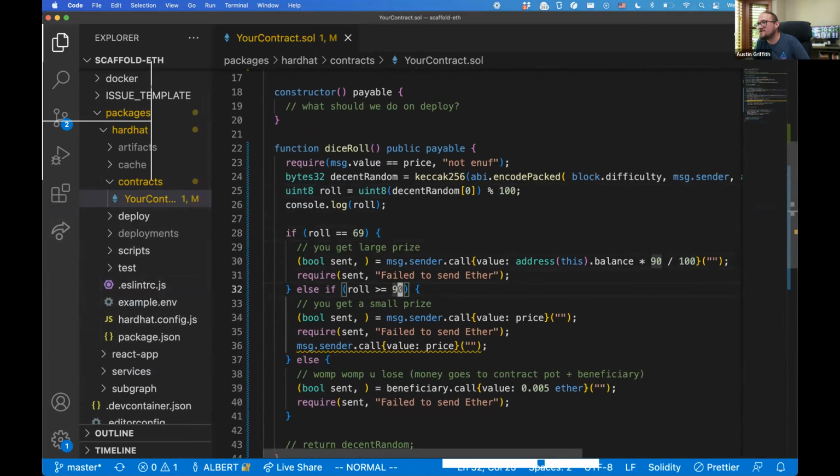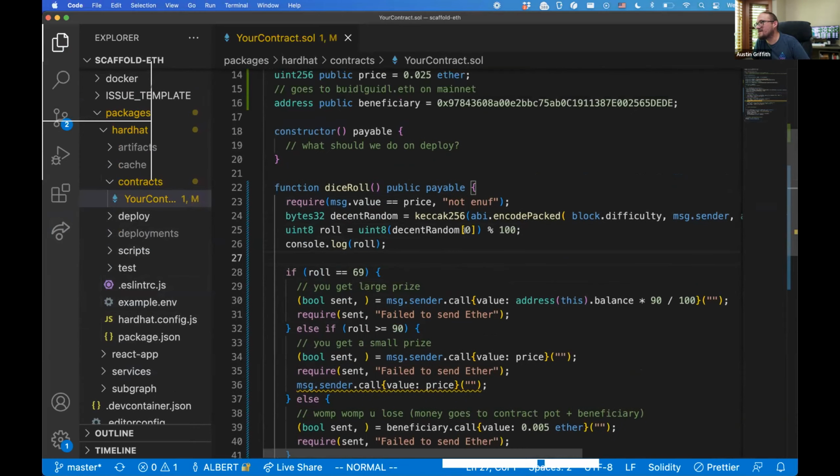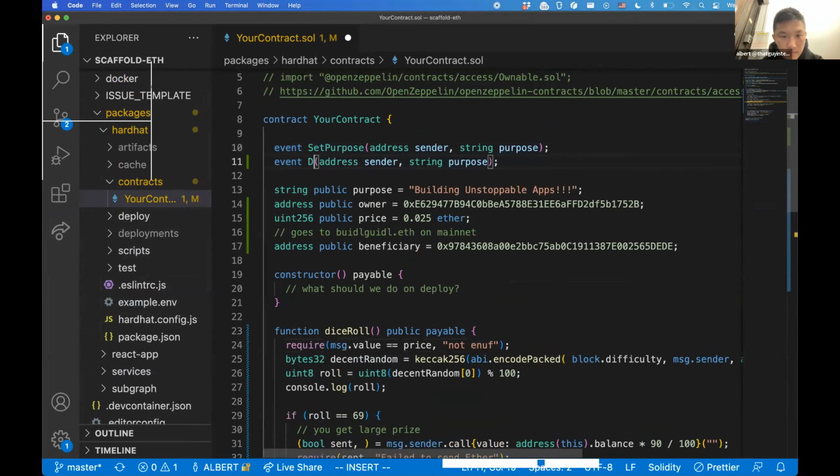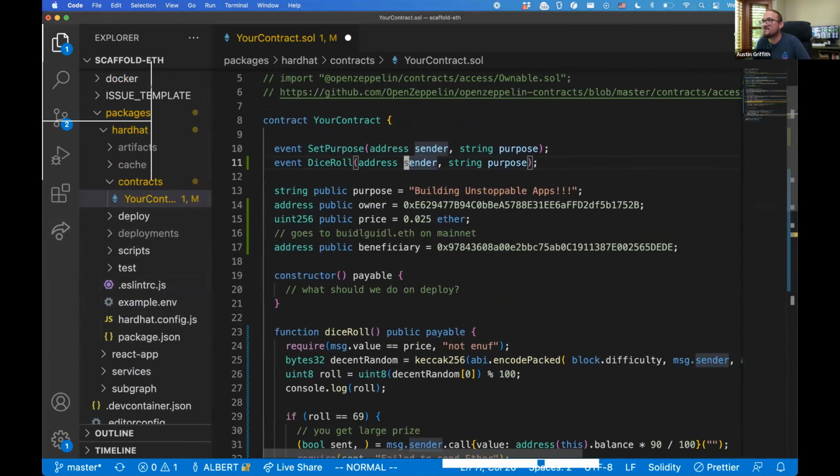Gosh, you know what we should do? We should have an event and we should emit the event just to make this work in the front end. Yeah, let's set up a dice roll event with an address indexed, so we can have it indexed by who sends it. And then a uint256 of what they rolled, and then a uint256 of